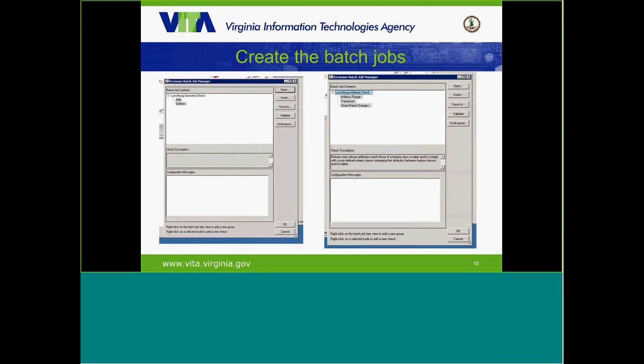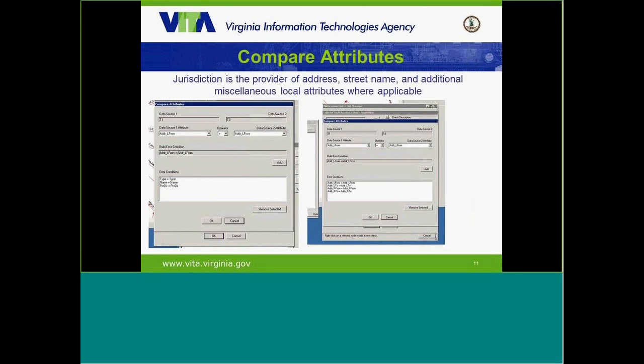Has there been any address range changes? Has there been any street name changes? Has there been any transposes? It will be much easier when we look through the demo, and then you'll be able to see. But I wanted to give you at least a little bit of information before we got to that.